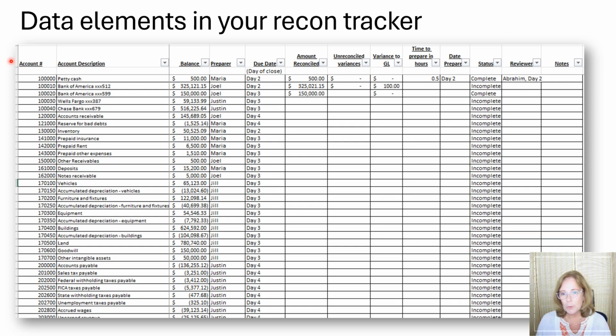In my example, I'm tracking the following data: account number, account description, and balance in the first 3 columns. These 3 columns are updated frequently throughout the close with the latest balance sheet data. I recommend that you update it in a new tab in your workbook as to not mess up the information that preparers have already entered in the tracker.